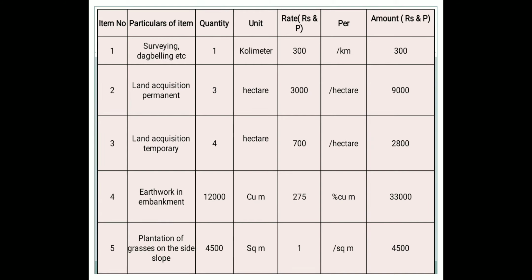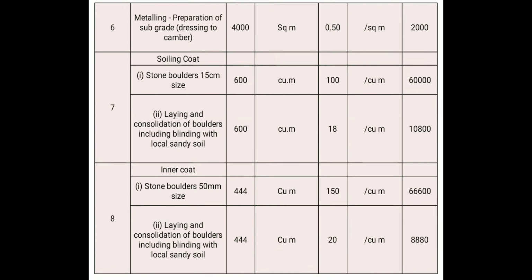Plantation of grasses on the side slope, 4500 square meter, 1 per square meter, that is 4500. Metalling or preparation of subgrade, 4000 square meter at 0.50 per square meter, that is 2000. Soiling coat, stone boulders 15 centimeter, 600 cubic meter, 100 per cubic meter is 60,000. Laying and consolidation of the boulders, including blinding with local sandy soil, 600 cubic meter, 18 per cubic meter is